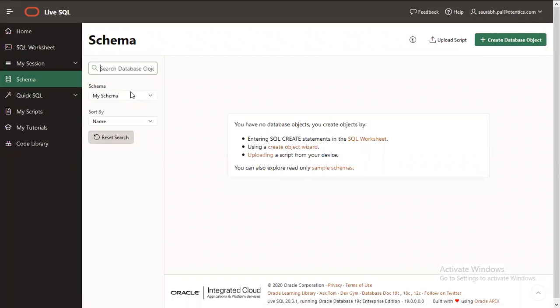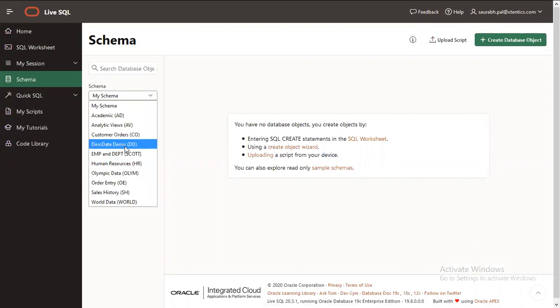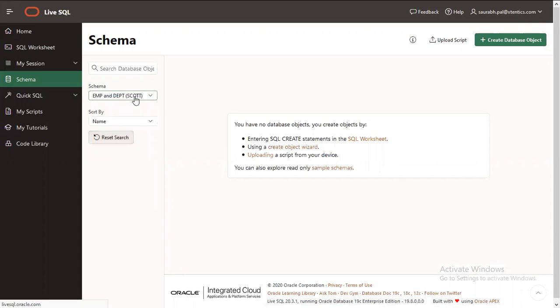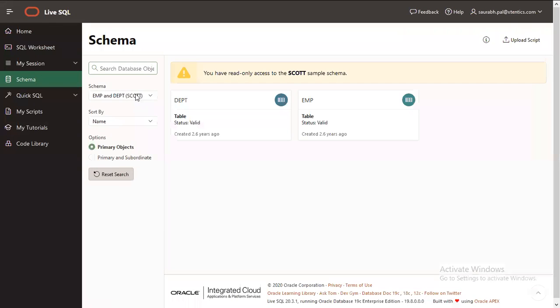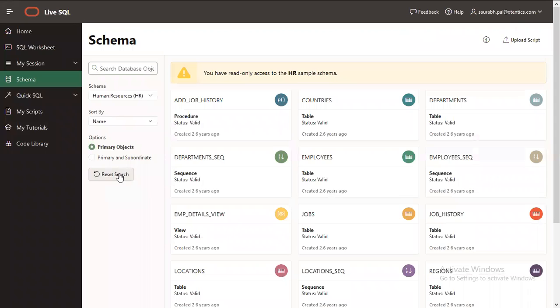So if you want to search, you can go to this EMPDPT. This is one table, or you have HR, which is another. These are called schemas. See, the table exists, but it belongs to the schema called HR.